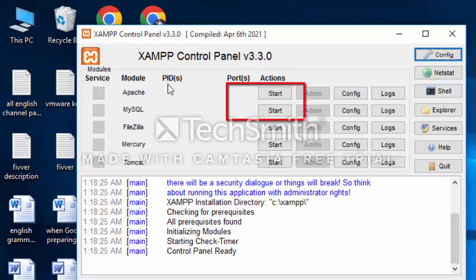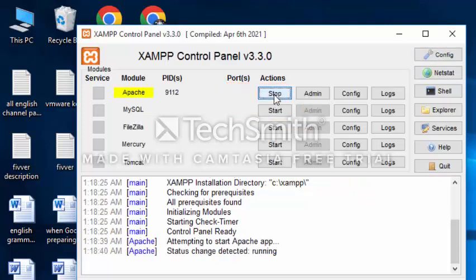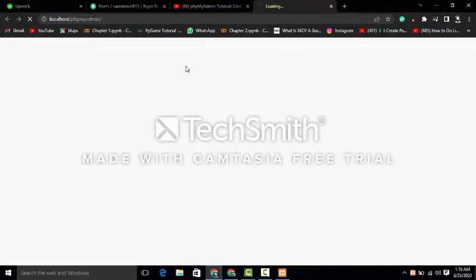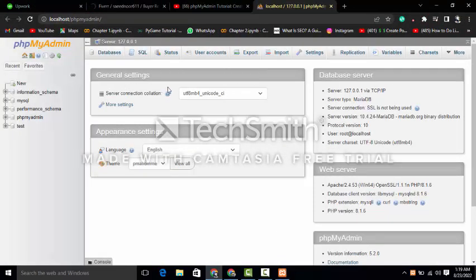But first you have to run Apache and MySQL, because Apache is a live server. So just click on start and start. Now we have run Apache and MySQL. So what is admin? If you want to go directly to the admin, you can access it from here. Just click on this admin, not Apache admin, the MySQL admin. The moment you click on it, it will open up an interface in your browser. So this is the interface,